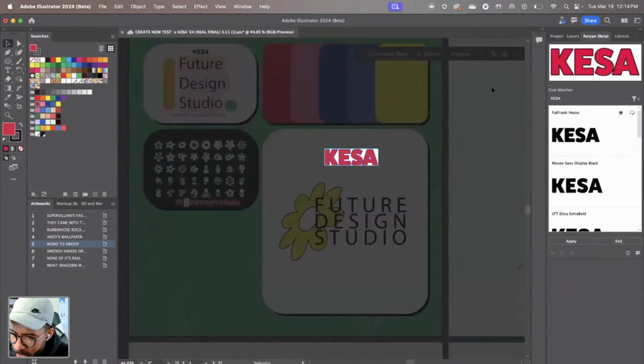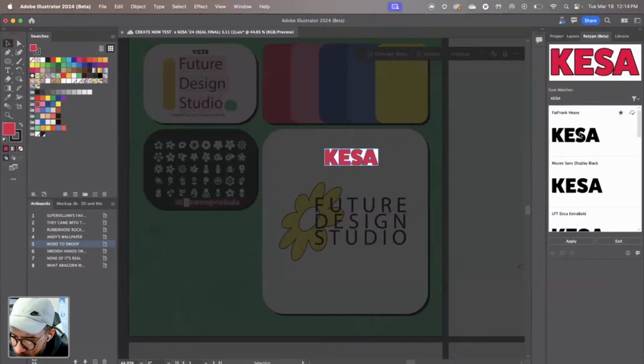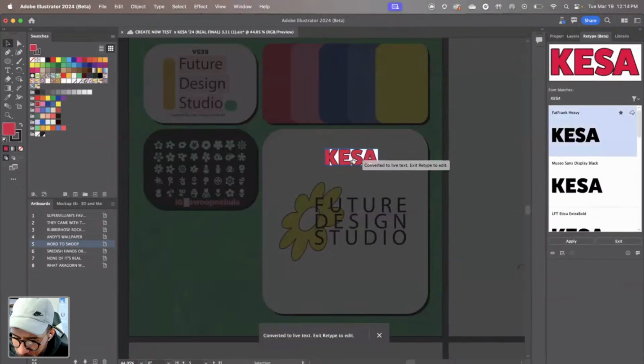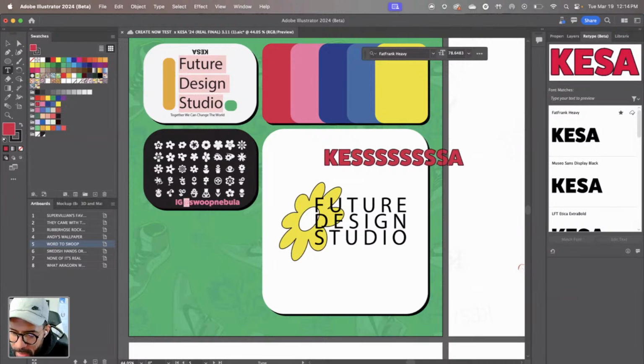Sometimes it doesn't. It lets you retype. It lets you retype it, people. If I edit text, yeah, let's go. All right, let me hit exit for Retype, and it should, unless I'm crazy. This is the wildest thing. Yeah, so it went from being a PNG of a font that we used the Retype feature to identify,